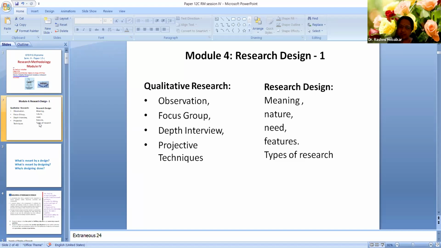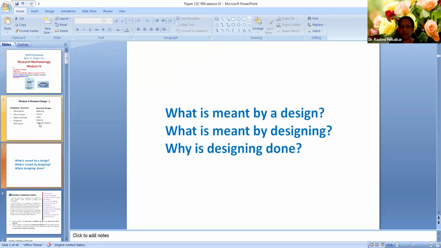It is focus group interview or depth interview. Depth interview means in-depth interview, which is generally of an individual, single person. And focus group interview is of a group. And there is one more method under qualitative research, which is projective techniques, which is very rarely used in management or in training and HR. But where deep psychology is concerned, many times projective techniques are used. So today's content is research design, and in that qualitative research.